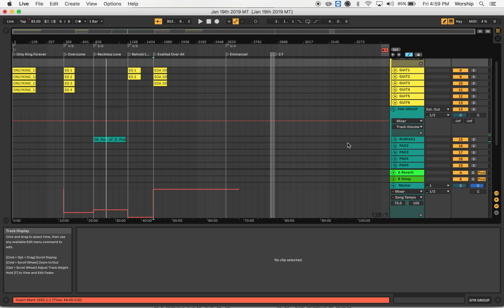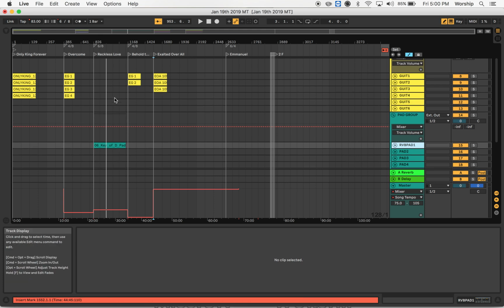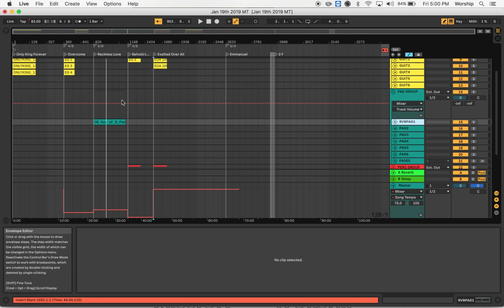We have a pretty long reverb on there, and you can see the reverb pad right here. That basically means we don't have to use the fade out and fade in feature that we had programmed in. The reverb is nice and smooth and never abruptly cuts off, which is nice. But you only want to use that for pads like this one. If you put a pad from an actual multi-track in there, it would delay the pad sound and get a little too mushy. But whenever you're using it by itself, it works great.